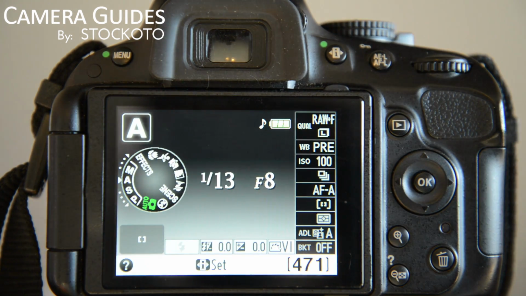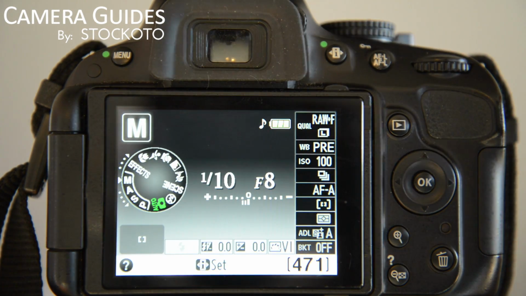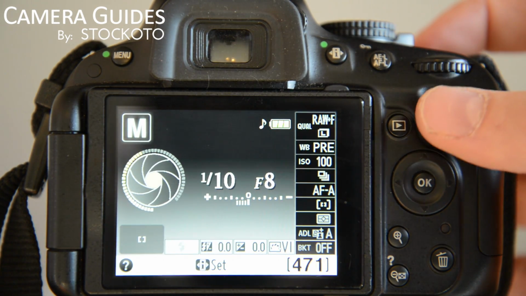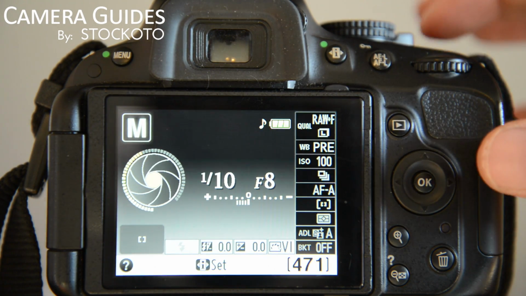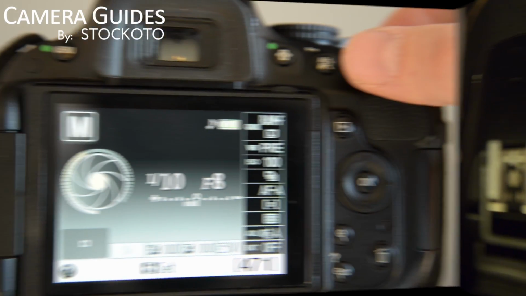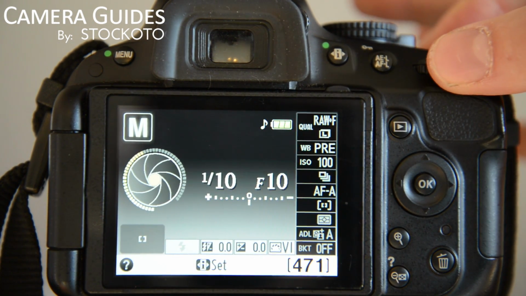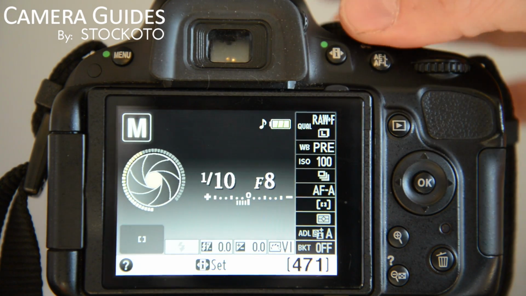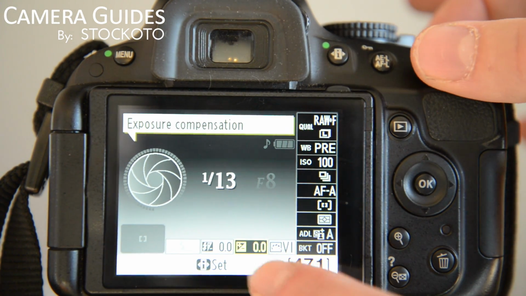I have to remember how to do it. Here it is. So in manual mode, you can't change exposure compensation because the button that's used for it, this is the exposure compensation button. If you hold it, it actually changes the aperture, which is nice. In the other modes where aperture is already set, if you use that button, you can change your exposure compensation